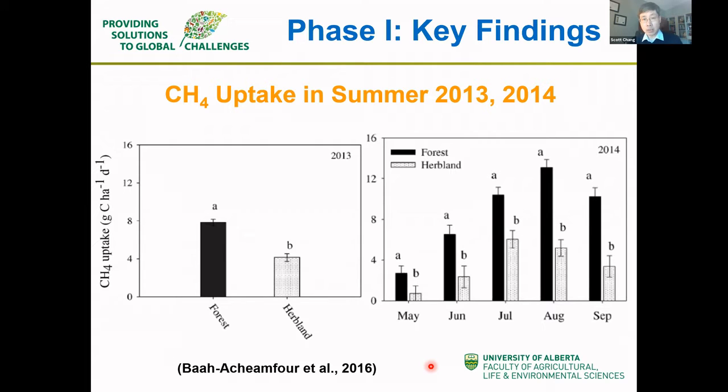In terms of the methane uptake, as I mentioned earlier, methane in the upland ecosystems was typically an oxidation process or uptake by the methanotrophs, and that causes a reduction in the methane concentration near the soil surface. And again, regardless of 2013 or 2014, the forest land use had greater methane uptake. This has been presented as an uptake, so it's presented as a positive value, and the greater the uptake, the better in terms of mitigation of climate change, okay?